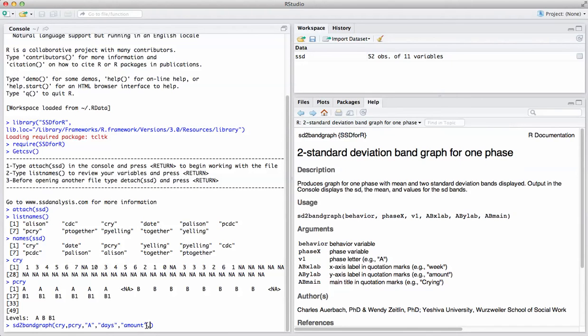and I'm going to give it a title, SD2 bands for crying, and that should also be between quotation marks, which I neglected, and should be just one quotation mark. Okay, so the arguments are separated by commas, and make sure you have the quotation marks between the A and also for your various labels. And then we'll just